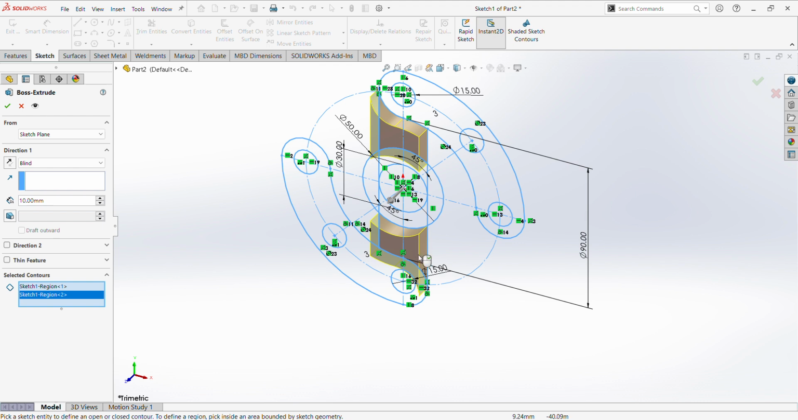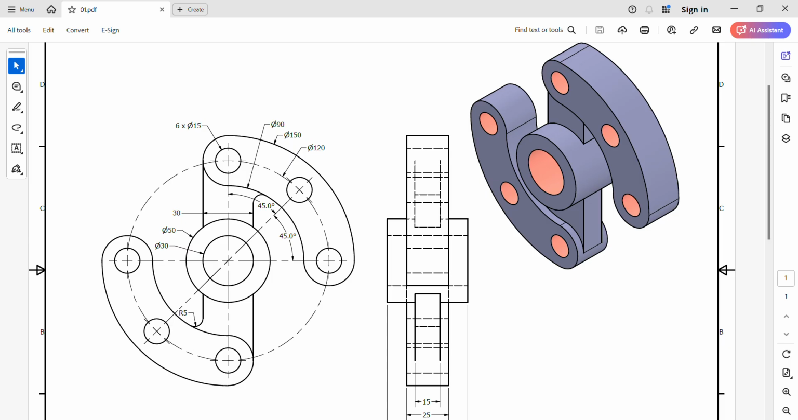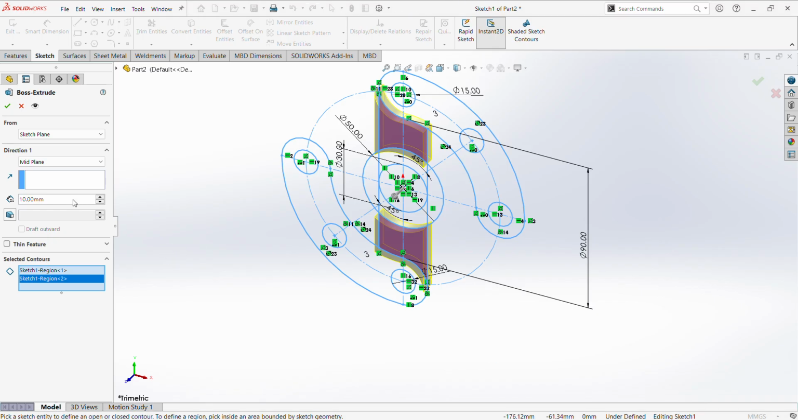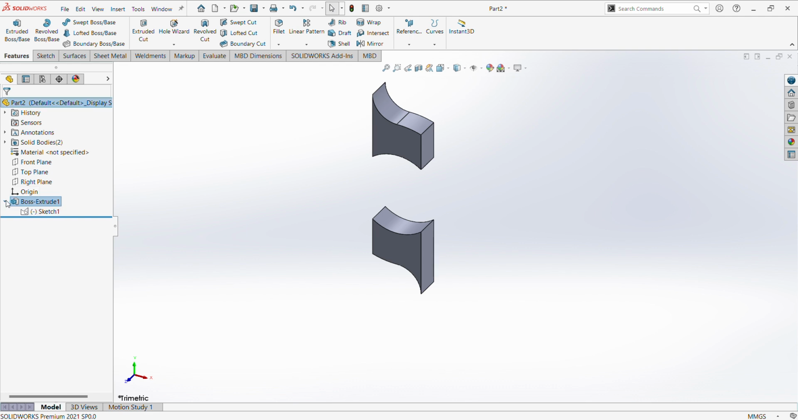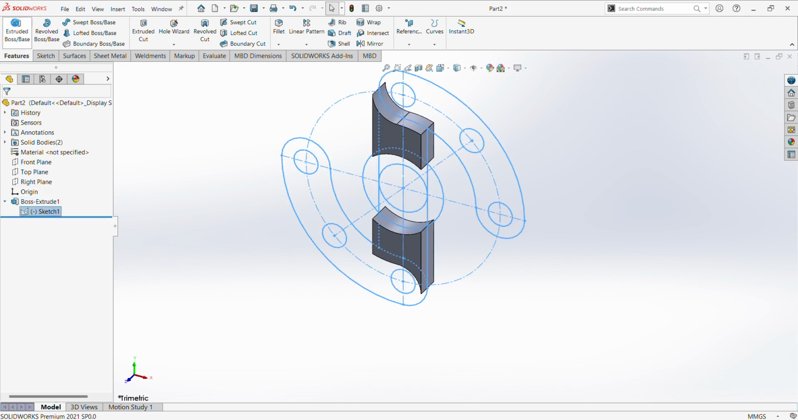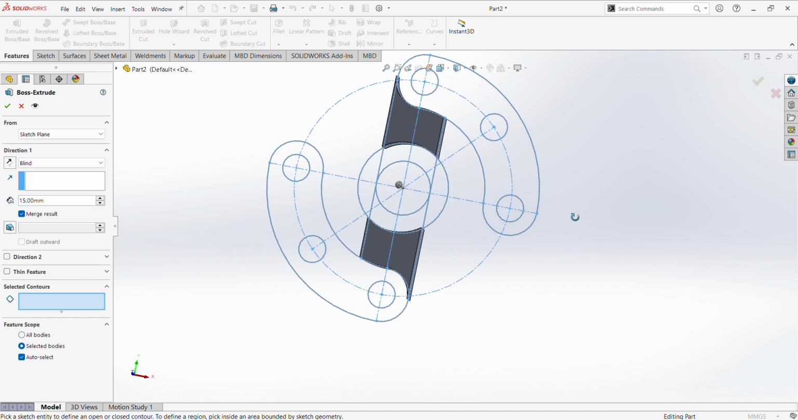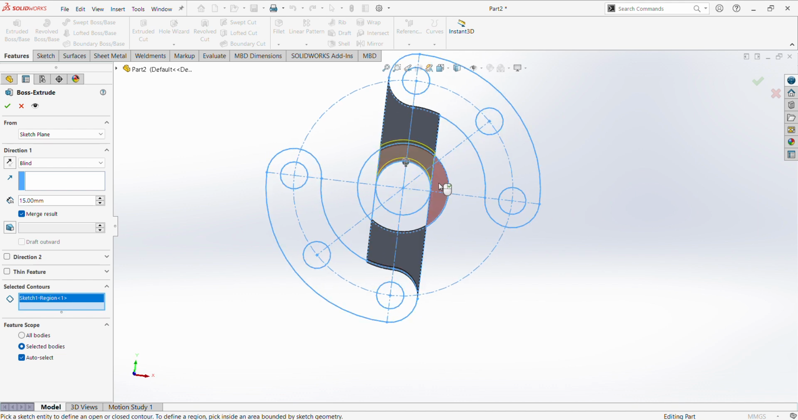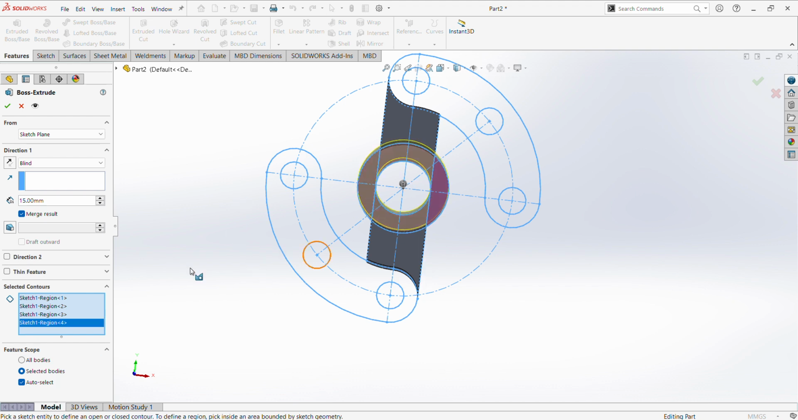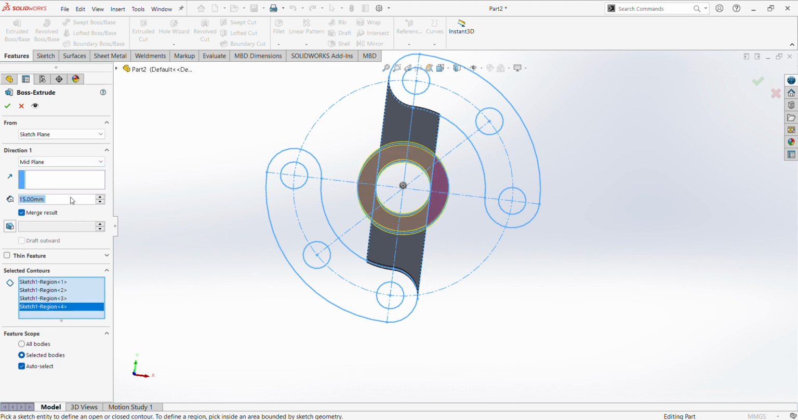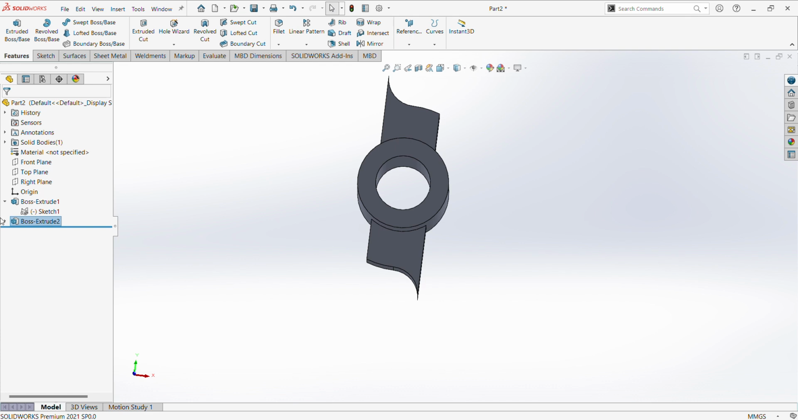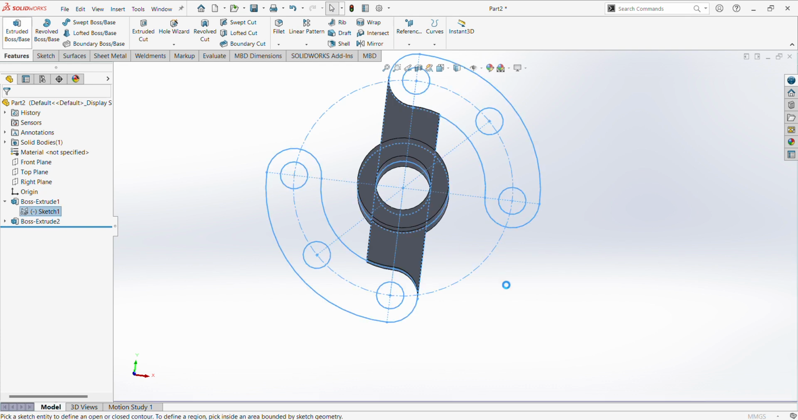This and this, here select symmetric, the thickness is 15 mm. Okay. Select sketch again, extrude, select this circular part, the distance is 48 mm. Okay. Select sketch again, extrude,